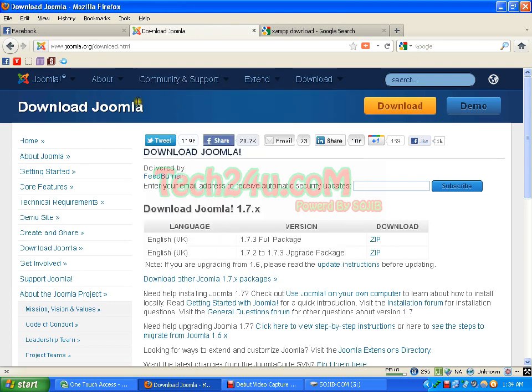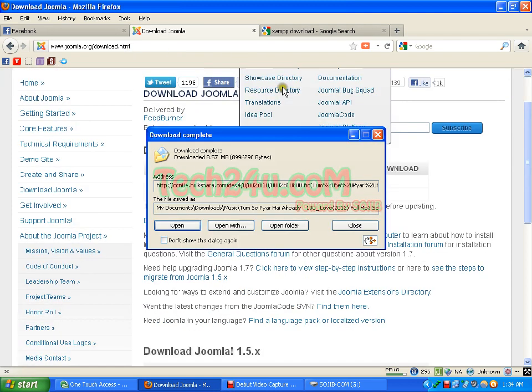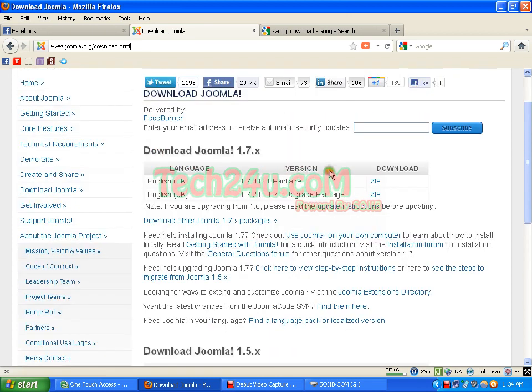for practice in your computer or to upload to the server. So where you can download Joomla, just visit this link, www.joomla.org/download.html, or if you just browse joomla.org, then you can see on the right side the download option, and you can download from here, or you can visit this link, joomla.org/download.html. So when you visit this link, you can see the download option of Joomla, that is now 1.7 is available,